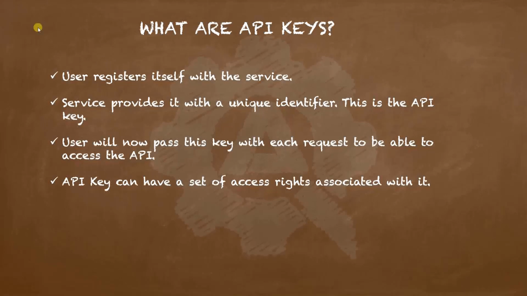Now, one important thing to note about API keys is that it is very necessary that this API key is stored securely and is only known to the client and the server. If not done so, anyone can use this API key and impersonate that user and try to access the service. Of course, just like basic authentication, API keys cannot be considered secure in itself, and hence it is necessary to use these API keys in conjunction with other security mechanisms like SSL and TLS.